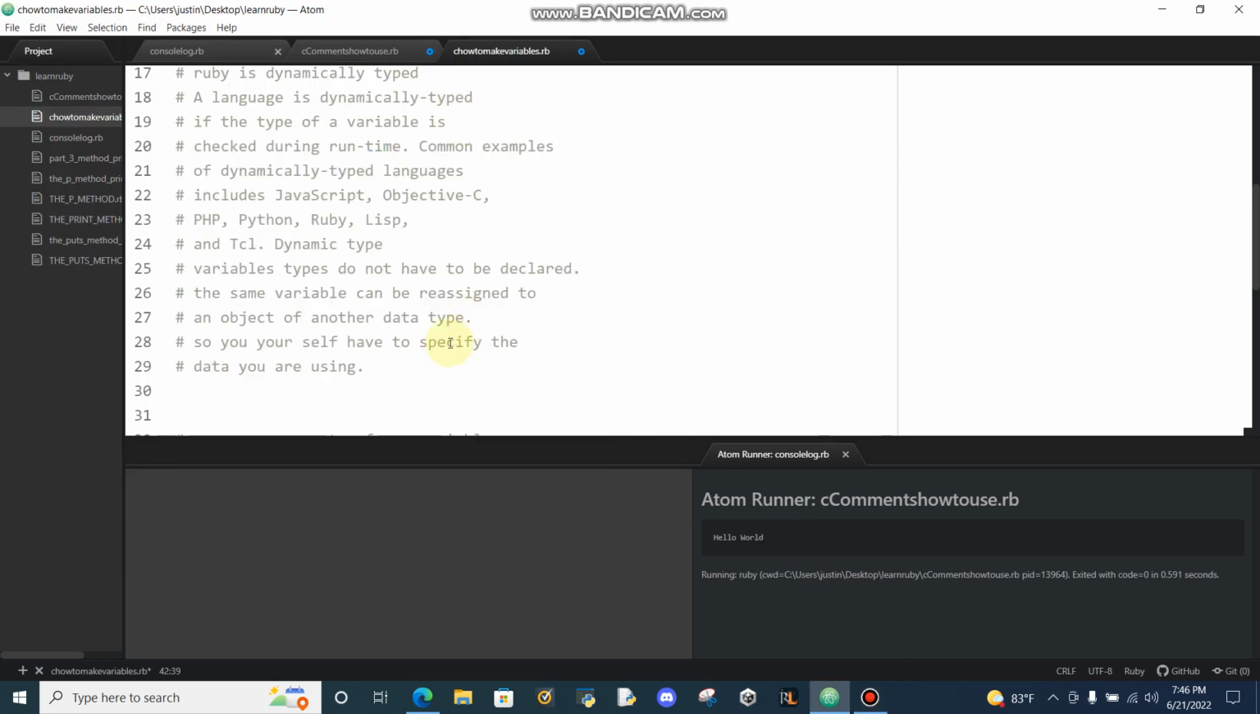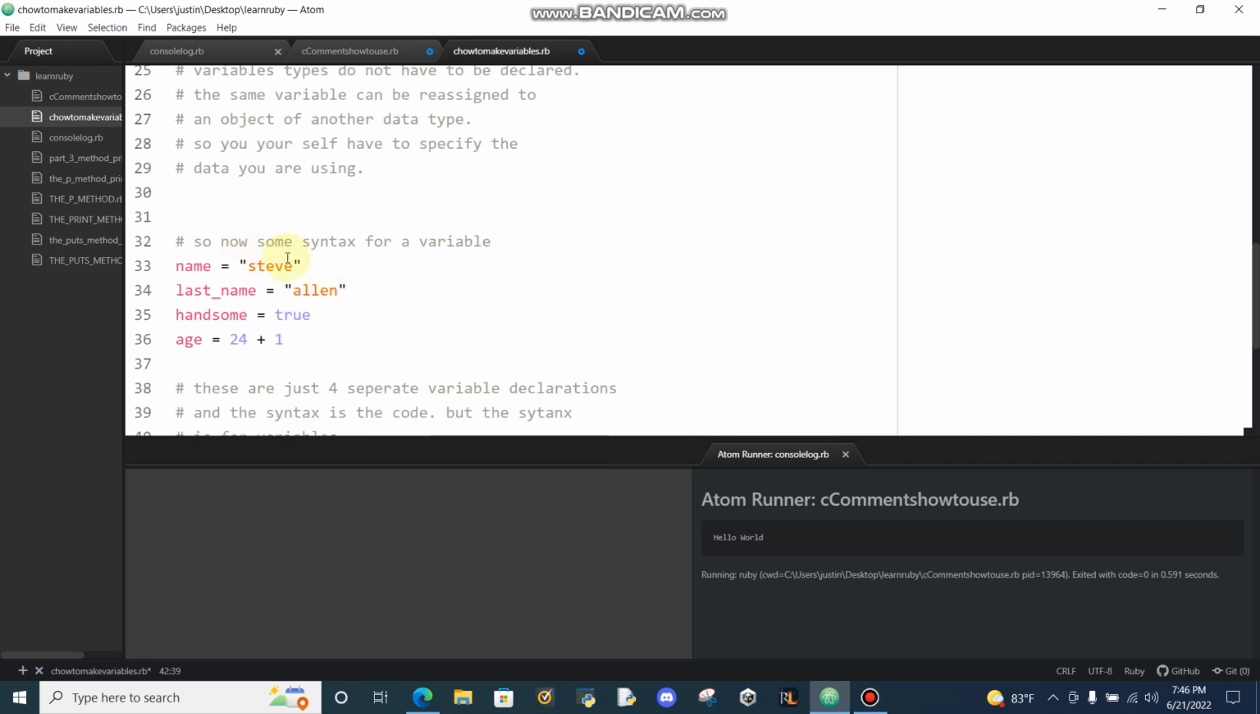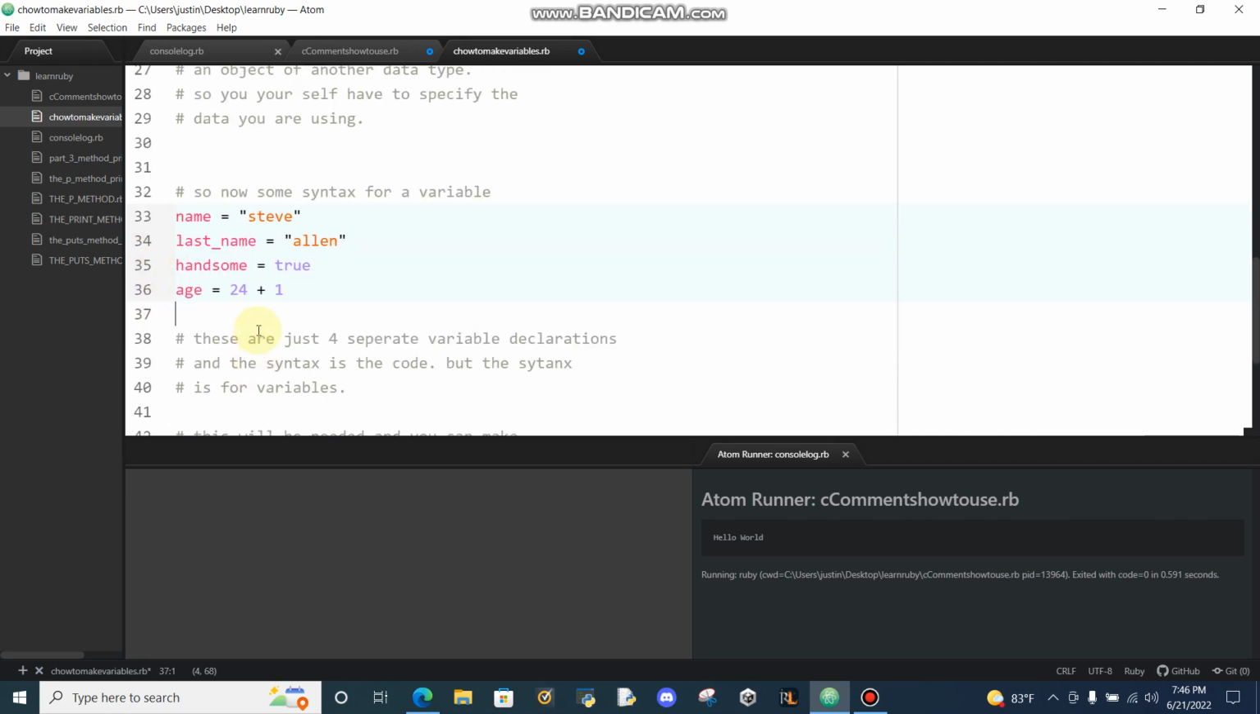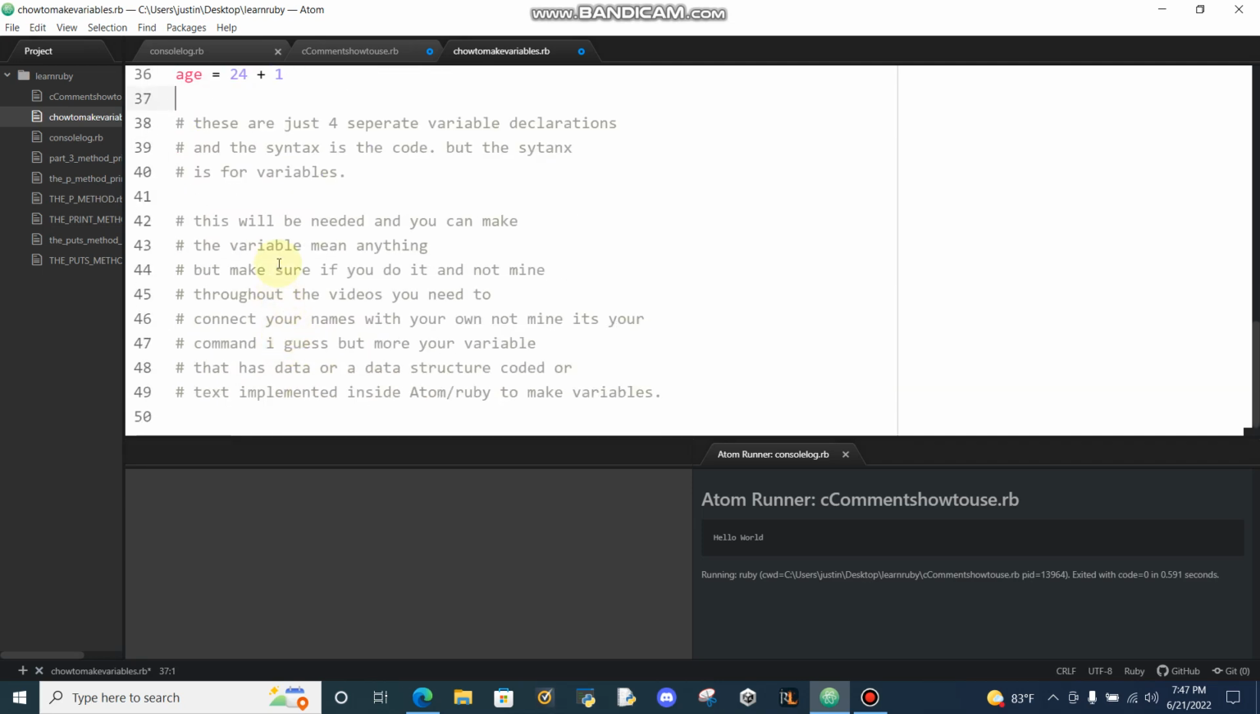Almost out of time. So now some syntax for a variable. Right here where my code is highlighted, these are just 4 separate variable declarations, so that's how you declare a variable if you wanted to, like numbers, true statements, words. And the syntax is for variables. This will be